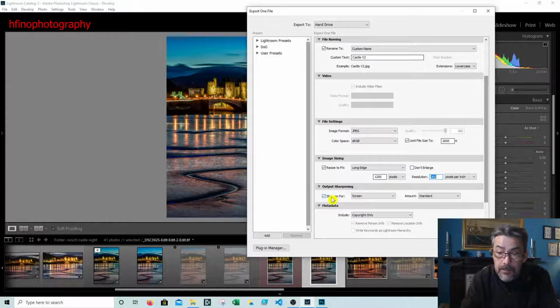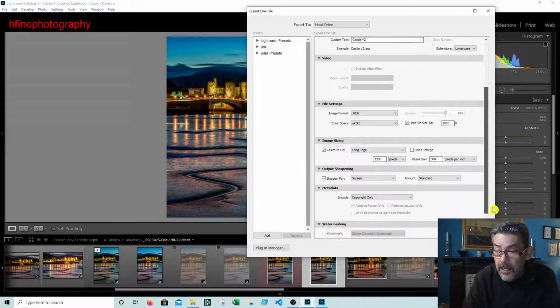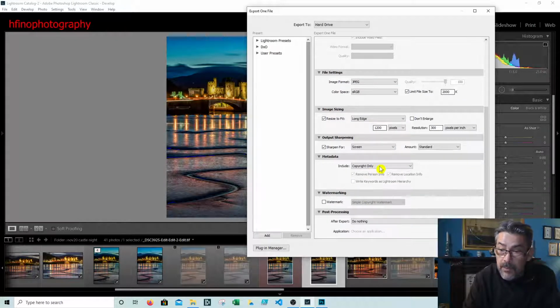And sharpen, that's up to you if you want to put sharpen for screen or not. If you already sharpened the image, you may not want to do that. You can just click there, back and on and off, and that's up to you again what you want to put in there. So I'll leave mine as it is. Watermark, obviously we don't use one, and after export, in my case, do nothing. So if I click on that now,